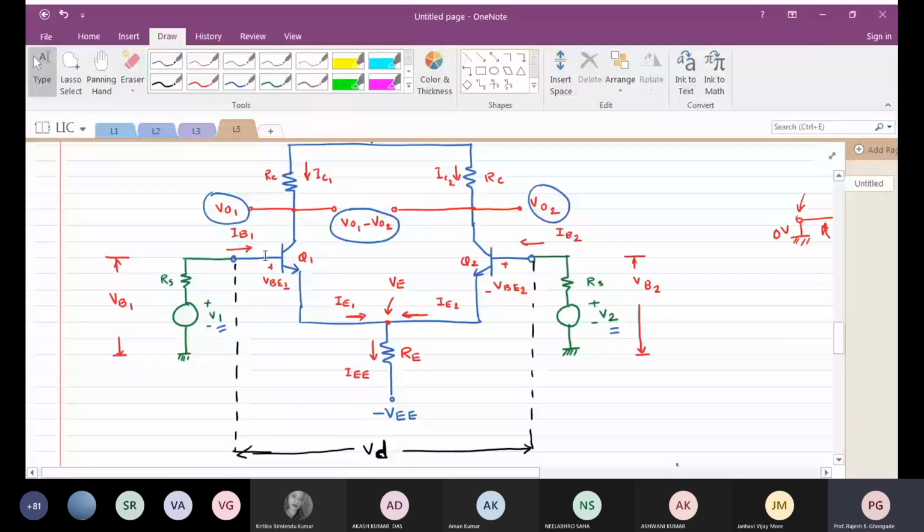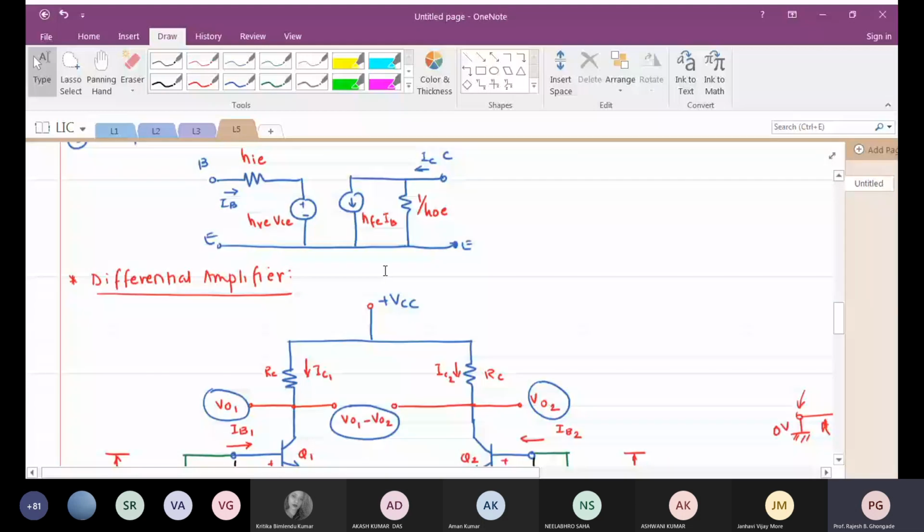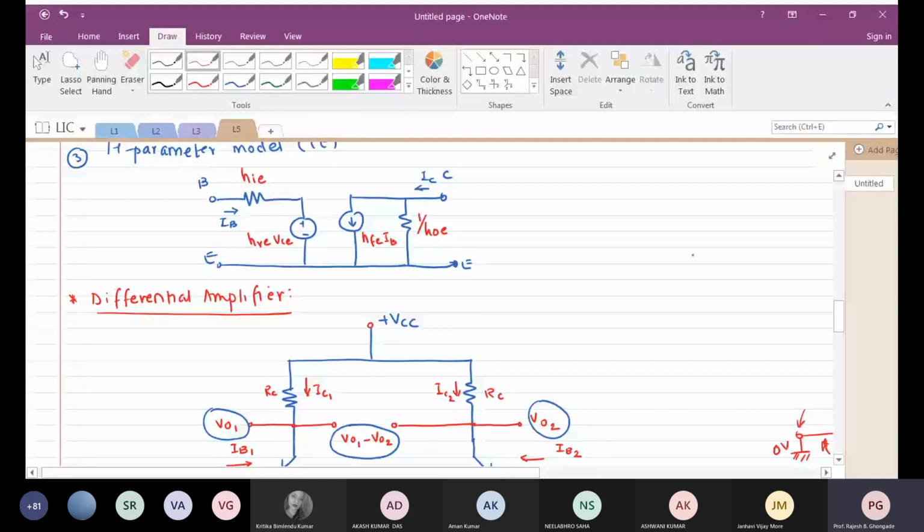Now, please remember at this point that there is another configuration of operational amplifier which by mistake people call a differential amplifier. That differential amplifier is different from this differential amplifier. Calling it a differential amplifier is a mistake. That is called a difference amplifier, for reasons that we will see later on. So don't confuse. On the internet and those websites, they use differential amplifier and difference amplifier as the same type of amplifier, which will land you in trouble.